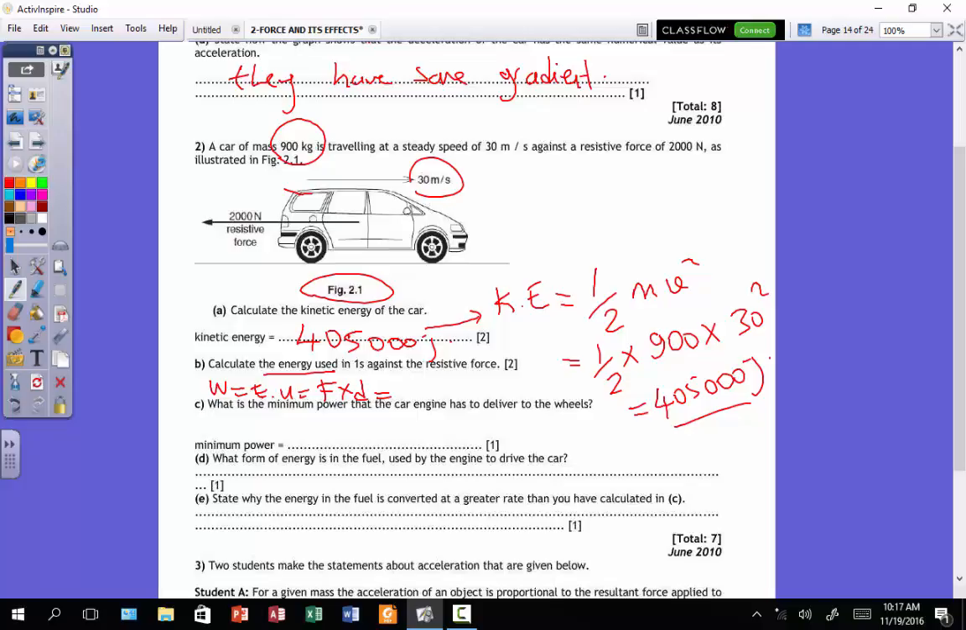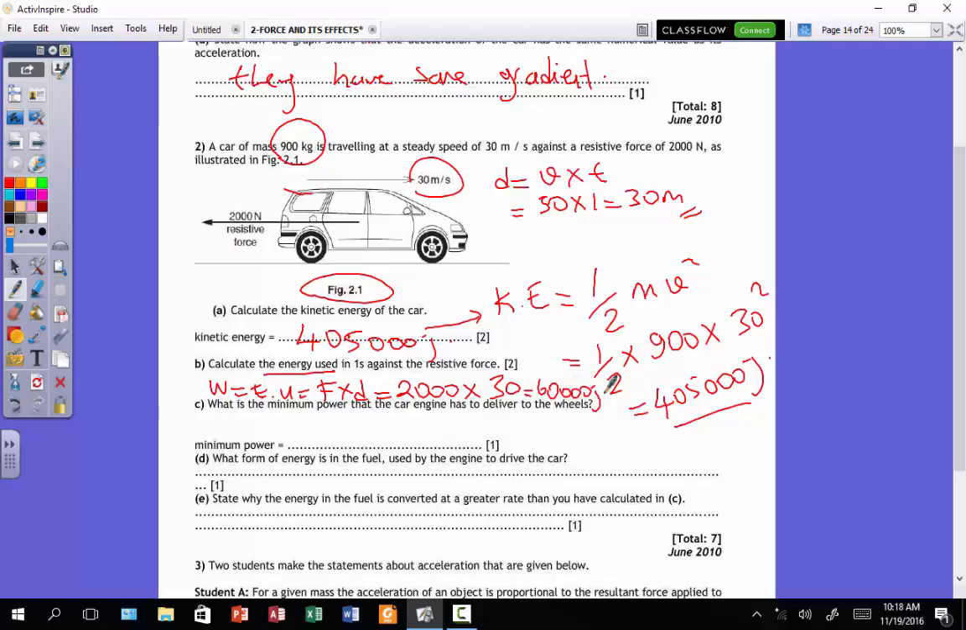And what is the force here? 2000 Newton. What is the distance? How to find out the distance? We don't know that. And so we know that speed, the distance is equal to v times t, speed times t. And so the distance is 30 times 1, which is 30 meter. Work done is 2000 times 30, which is equal to 60,000 joule energy